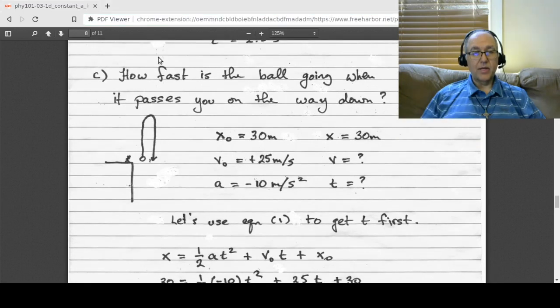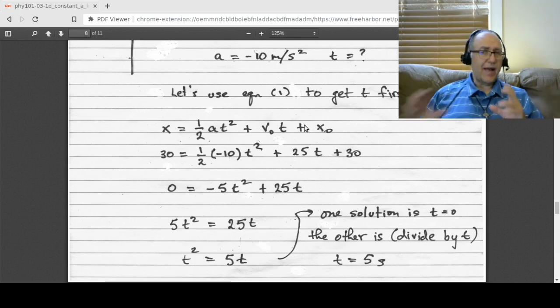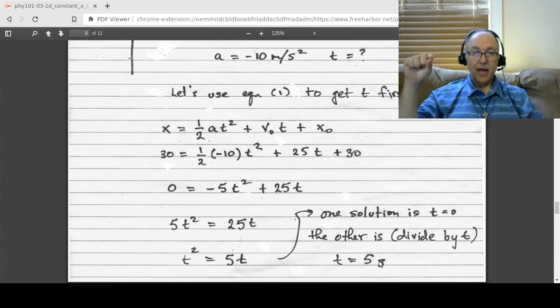Let's go back to the diagram here so we can understand it. Here we are at t equals 0. How high are you? 30 meters. So at t equals 0, you're at 30 meters height. And then you're not at 30 meters height. And then at 5 seconds, you're at 30 meters height again. And so that quadratic equation, all quadratics have two solutions. So there's two solutions for the time here. You just have to make sure that you interpret those two solutions. In our case here, the two solutions are t equals 0 seconds and t equals 5 seconds. And do we have an interpretation for both of them? Yes. It's at 30 meters at t equals 0 seconds,